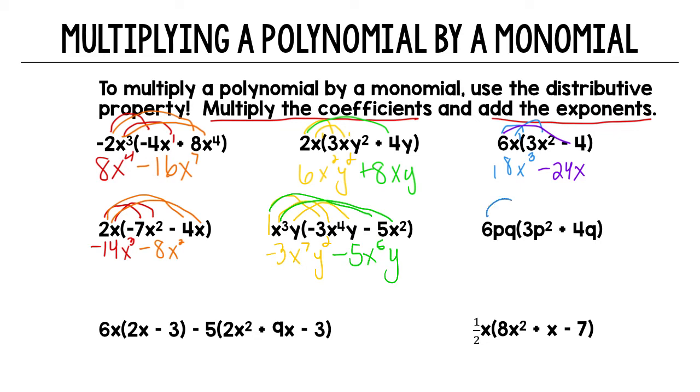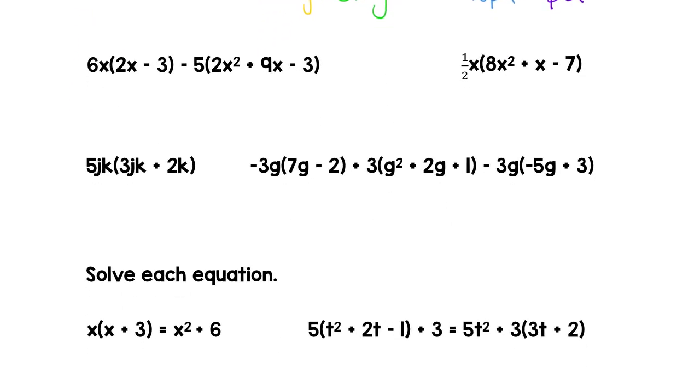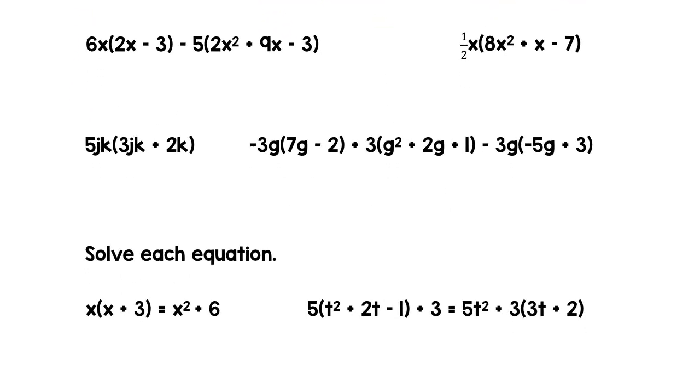All right, 6 times 3 is 18. p times p squared is p cubed, and q stays q. And then we've got 6 times 4 is +24. p stays p. q times q is q squared. Now, the next few get a little bit more exciting in that we're going to distribute a few times and